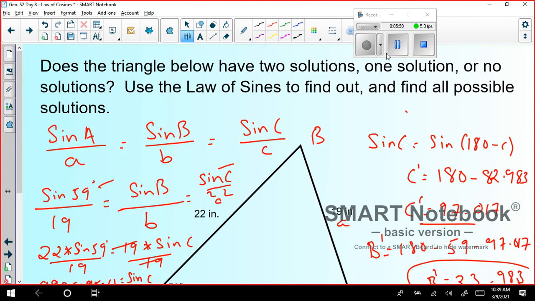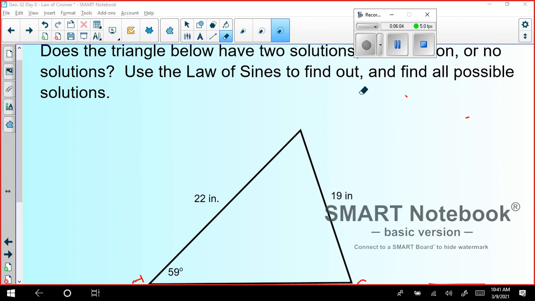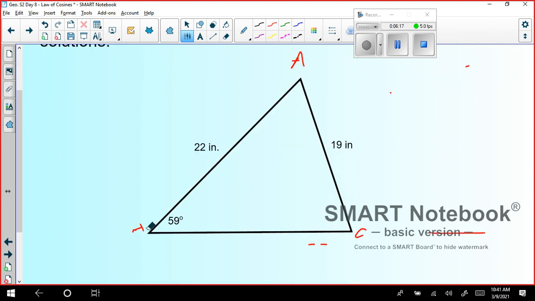Okay, once again, let's try this problem. As I said previously, there is a possibility of two solutions whenever you have side-side-angle. Let's check if this has two solutions, one solution or no solution. Once again, just use law of sines. Let me call this angle B, and this C. So this is your side a, this is your side c, and this side b. Substitute in the formula: sine A over a equals sine B over b equals sine C over c.